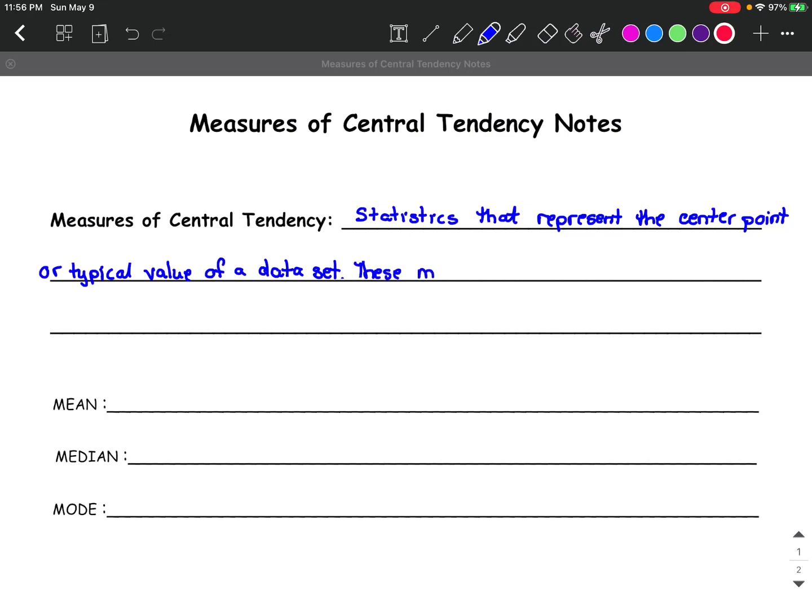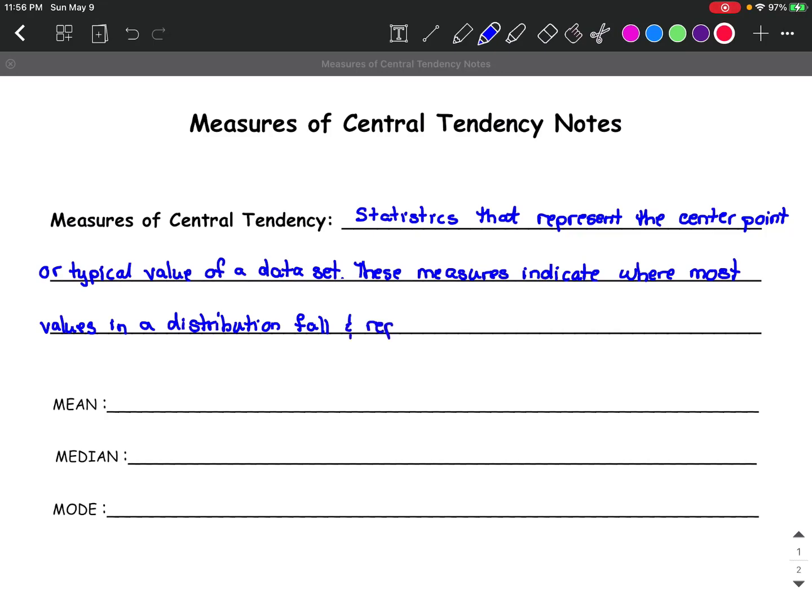These measures indicate where most values in a distribution fall